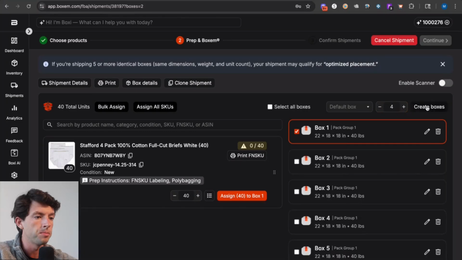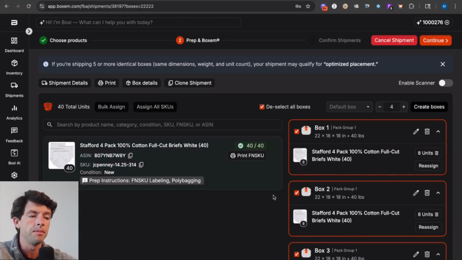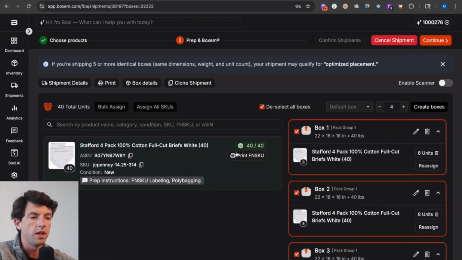So we'll just go to create boxes, then we can go to select all right here. Then we want to split the 40 units across the boxes right here, which is going to put 8 of them in each. So we can see 8, 8, 8, 8, and 8. Right there, and then we want to go to print FNSKU labels to print our FNSKU